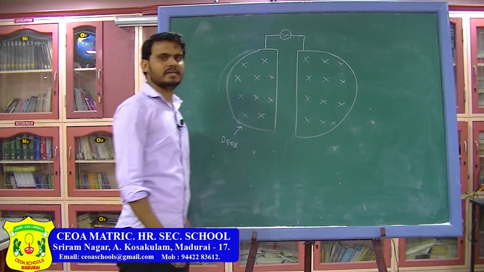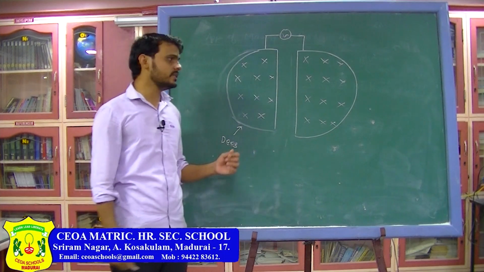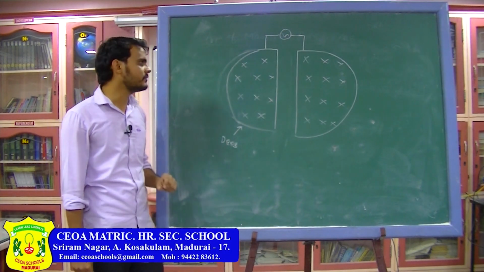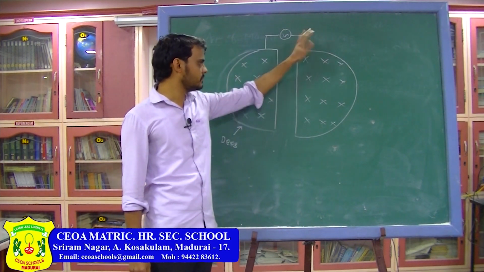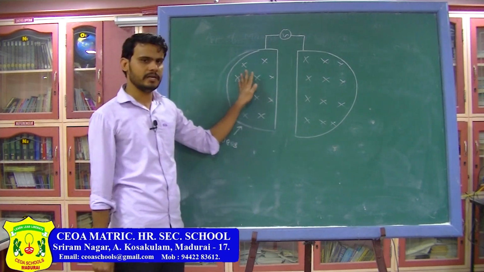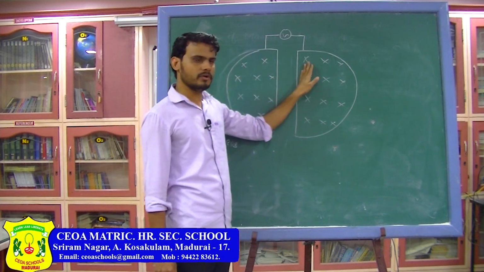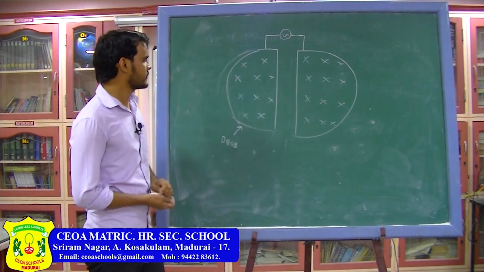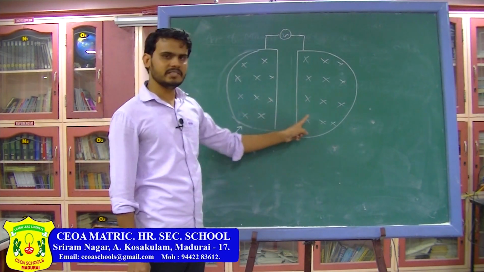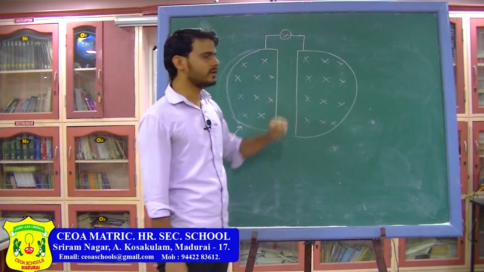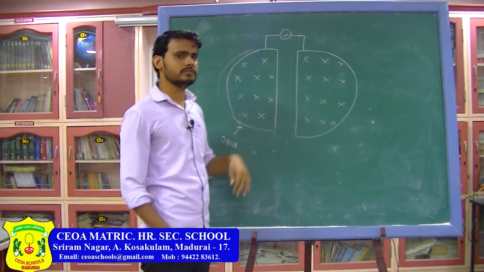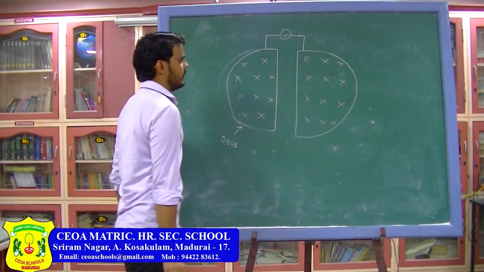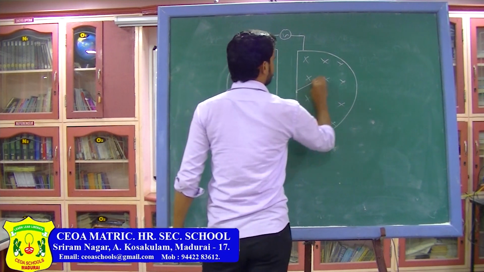Now you have seen in current electricity what is the AC source. AC source is a voltage source which changes its direction after regular intervals of time. So for some time this disc will be positive, this disc will be negative, and after some time this disc will become positive and this will become negative. So, revise AC source in current electricity. Inside the Ds there is magnetic field, and these Ds are connected to an AC voltage source, and the radius of the D you can assume to be capital R.